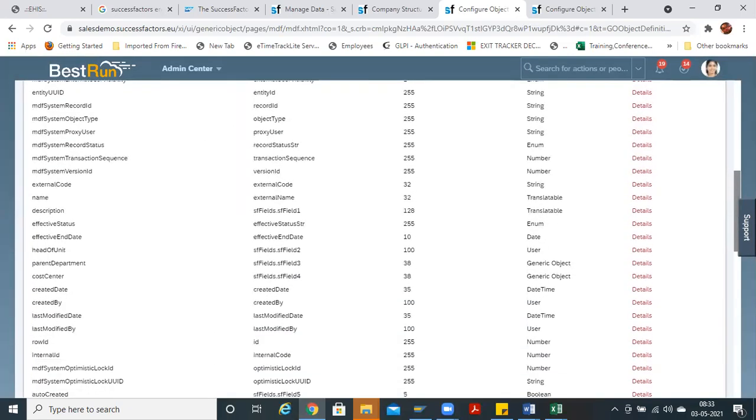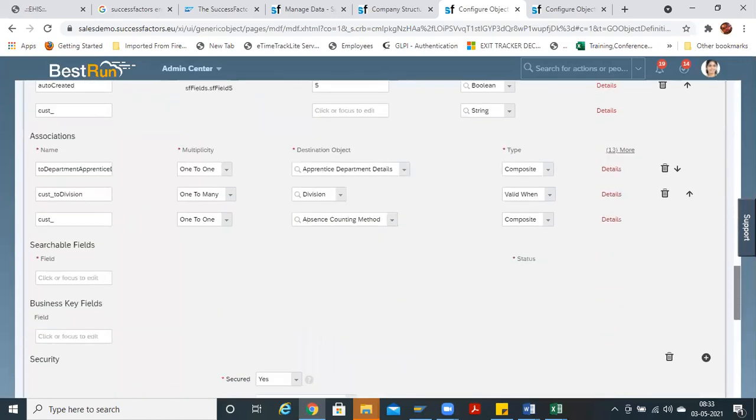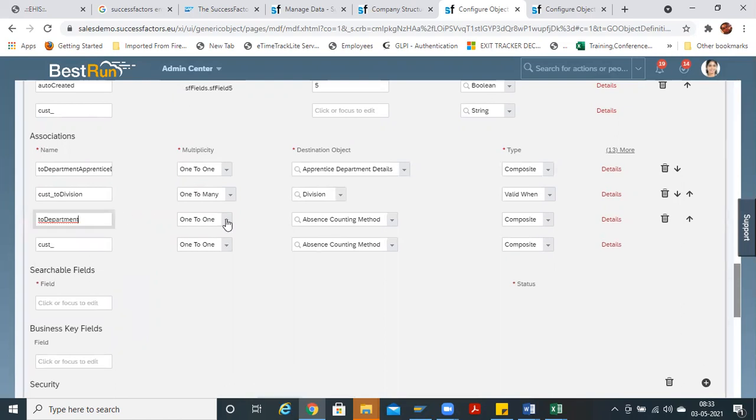You can even associate the department object to another object, like department, and see what it is associated with, the division. You can even associate it to department also, one to many, not only the sub department, on sub department to department. If you don't want to go ahead with sub department, you can just associate it to the department. But again, it will be a little bit confusing, like division is also associated and department is also associated to department. So that's the reason we are going ahead with sub department.